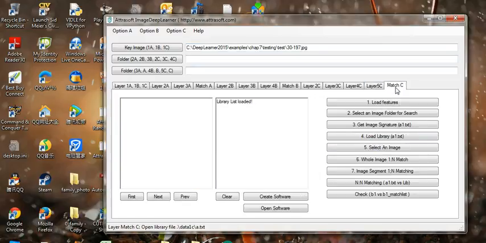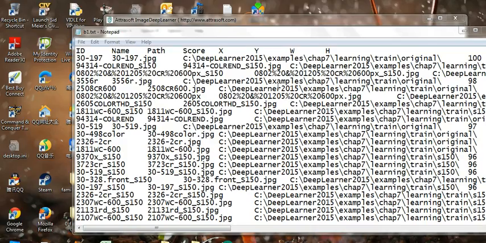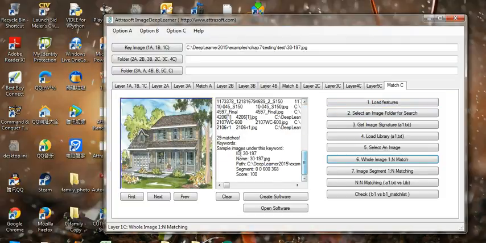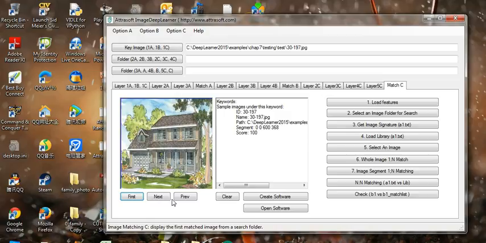And let's do a whole image 1-to-n match. So it's going to take some time. Okay, the matching is over, and we get 29 matches. This is the first, second,